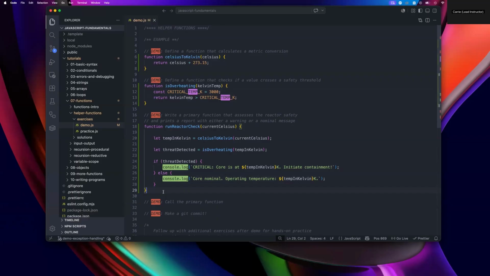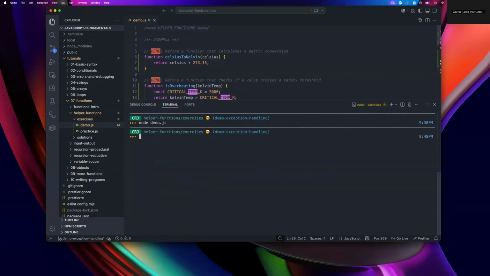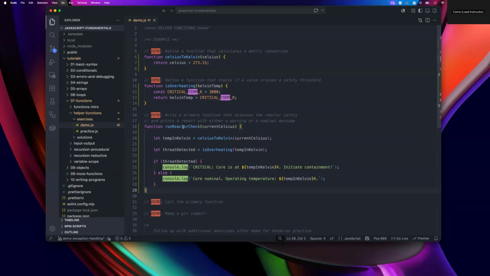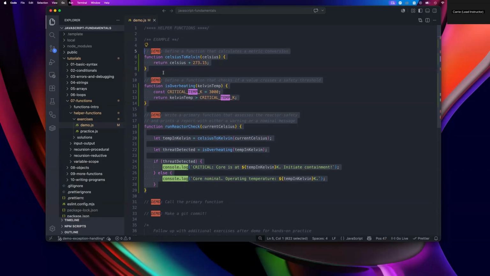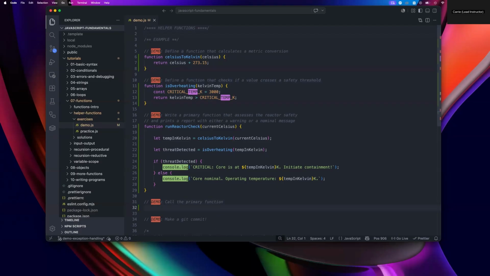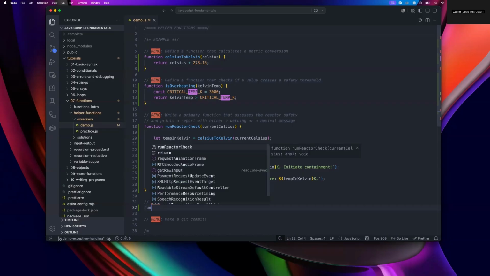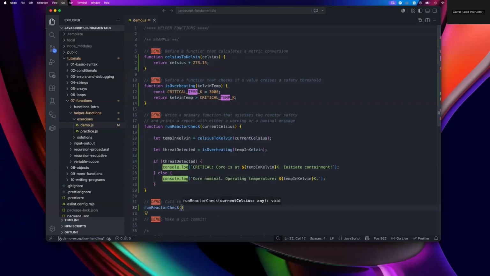I can run this file right now and nothing happens. And you're probably thinking, but we just wrote all of that code. Why aren't we seeing anything? That's because we haven't called it. So the thing about using this entire pattern of putting everything inside functions is that ultimately, if JavaScript is just running this file from top to bottom and all it sees are function definitions, but it doesn't actually see any executable code in scope, you need to add a call to that primary function so that it has something to execute. So let's call run reactor check, and we'll just feed in a value like 2800